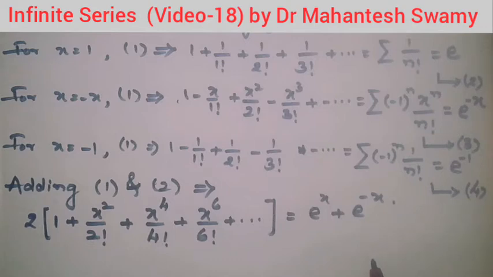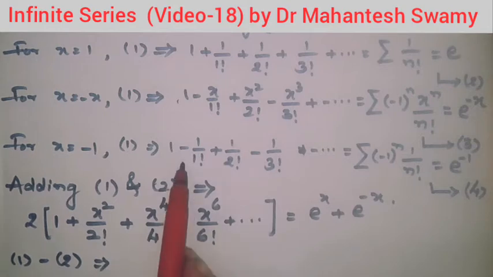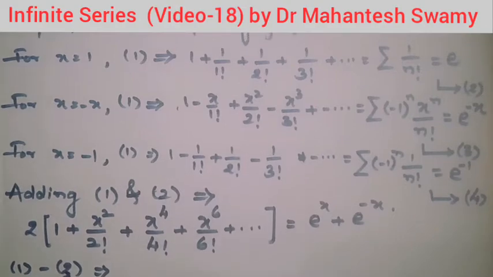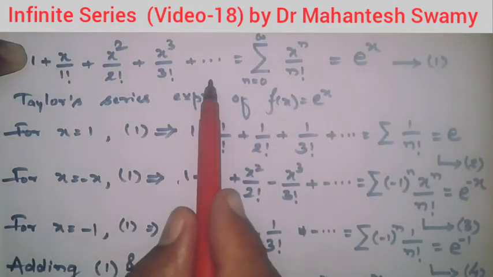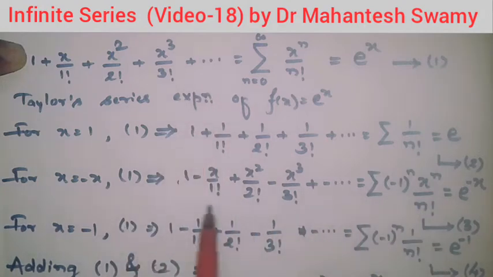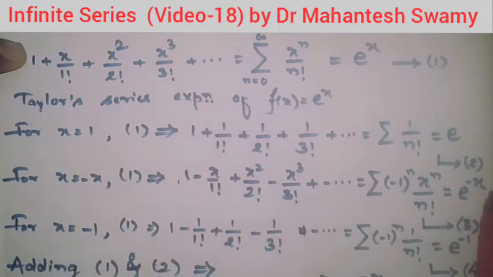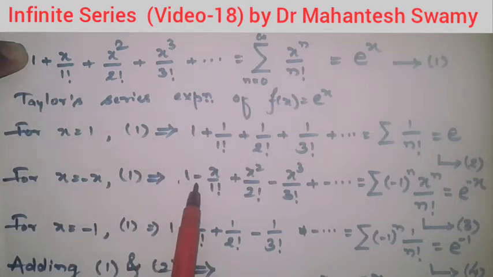Now on subtracting 2 from 1, that is, if we consider equation 1 minus equation number 3, sorry for that, it is equation number 3 we are using, 1 and 3 we are using. So 1 is the exponential series in hand and 3 is the series for e to the power of minus x, that we will be using. And now we are observing here 1 minus 1 cancelled, so it is 0, x minus of minus, so only odd powers will be remaining, 2 times of odd power terms will be there.